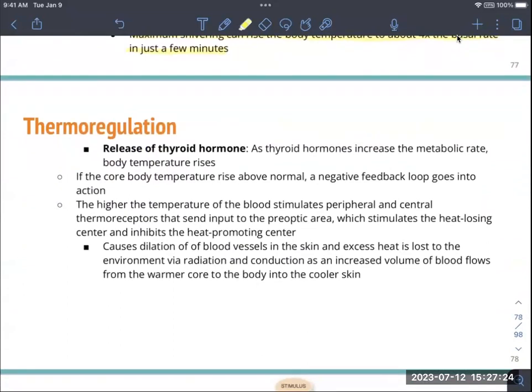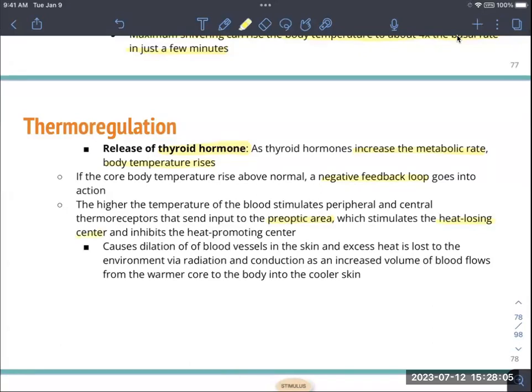And then that thyroid stimulating hormone mentioned goes to trigger the release of thyroid hormone, which is going to increase the metabolic rate, which will increase your body temperature. So if the core body temperature starts to rise above normal, again, negative feedback loops bring it back down. The higher the body temperature, this blood is going to stimulate peripheral and central thermoreceptors. Again, these thermoreceptors are going into that preoptic area, the body's thermostat, and it starts to stimulate